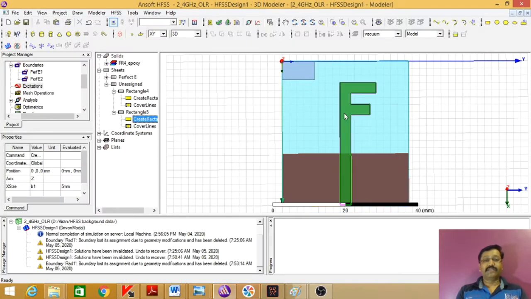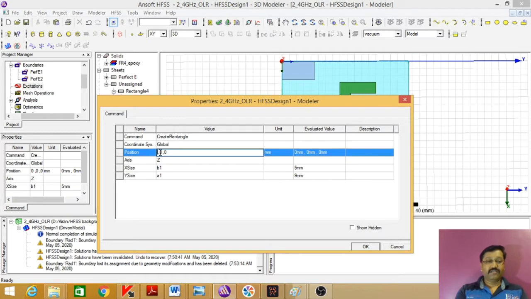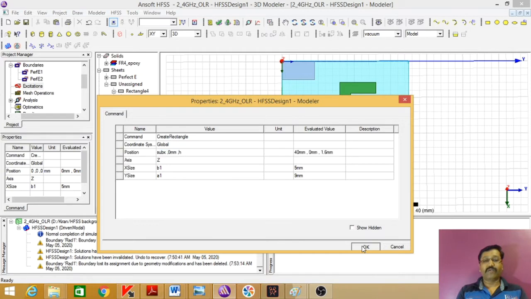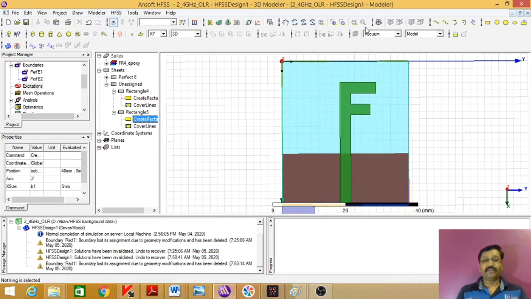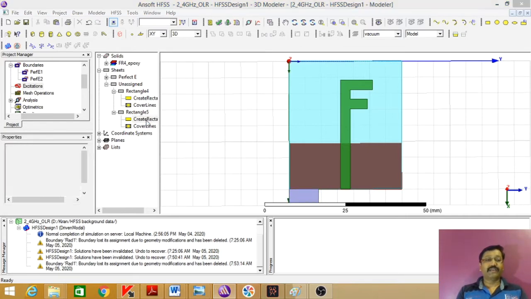While shifting this to this coordinate, we need to play with the XY dimensions. In X, we'll take it at sub X level and it is at the ground level. So we'll pick it up at a height of H. Then I will say OK. Now you can see it is just going out of the box. So we will take it in.